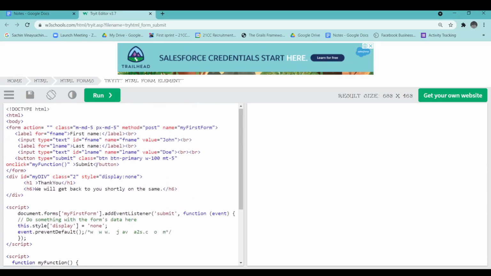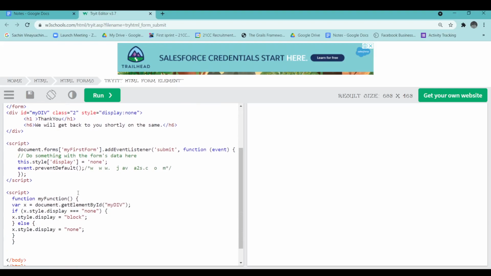As I click on the submit button, the onclick function will call my function, and here you can see I've added some code from W3Schools because it's beautiful. Now let's check the code.